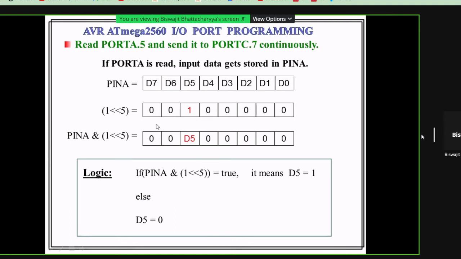So 1 left shift 5 means only the D5 bit will be 1 and other bits are 0. And now we are ANDing PIN A with 1 left shift 5. ANDing with 0 means the result will be 0. Except in the place of D5, whatever the original status of D5 of PIN A, it will be ANDed with 1, and the result will be D5. So if the D5 bit is 1, the result will be non-zero, because it will be 0, 0, 1, 0, 0, 0, 0, 0. And if the D5 bit is 0, the result will be